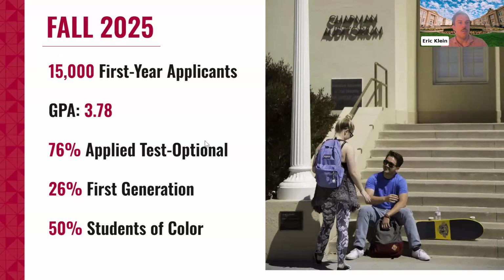This is just a quick overview of what we saw in our fall 2025 pool of applicants. We've been hovering around the 15 to 16,000 application volume number for a few years now, so that's typically where we're landing. We're also seeing average GPA of our admitted students about 3.78. That is a weighted GPA, and we're doing the recalculation of the student's GPA when we're reviewing their application. So that ensures that everyone is on the same playing field from an academic perspective. And again, very diverse group of students coming to us. Many are going that test optional route as well that I mentioned previously.